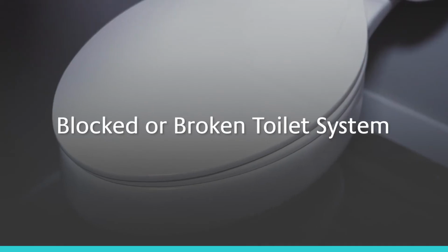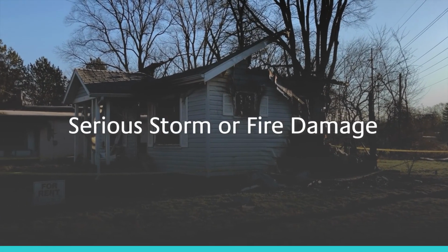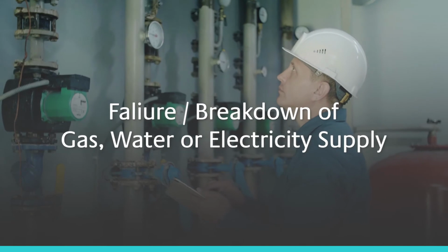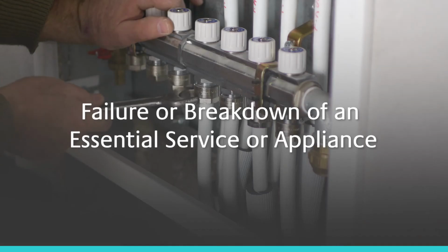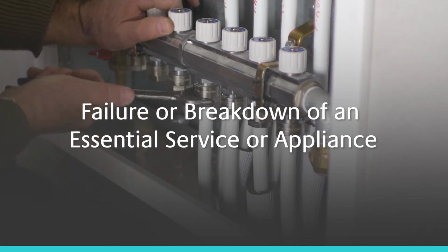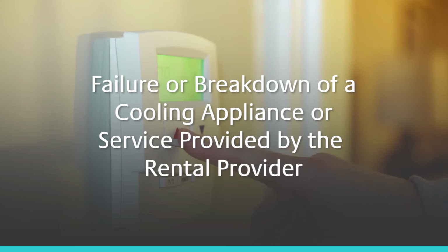Urgent repairs. If you need an urgent repair outside of business hours, call our emergency repairs number that is stated on your rental agreement. An urgent repair is one of the following: burst hot water unit, blocked or broken toilet system, flooding or serious flood damage, serious storm or fire damage, serious roof leak, serious gas leak, failure or breakdown of gas, water or electricity supply, a dangerous electrical fault, failure or breakdown of an essential service or appliance used for hot water, cooking, heating, smoke alarm, pool fence or laundering,